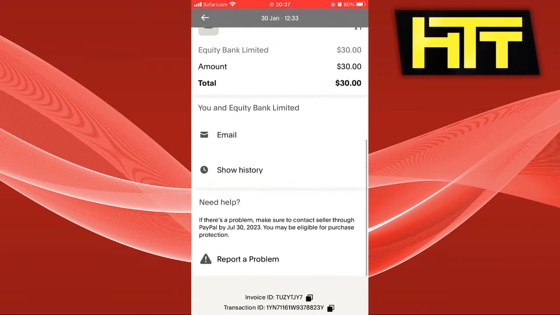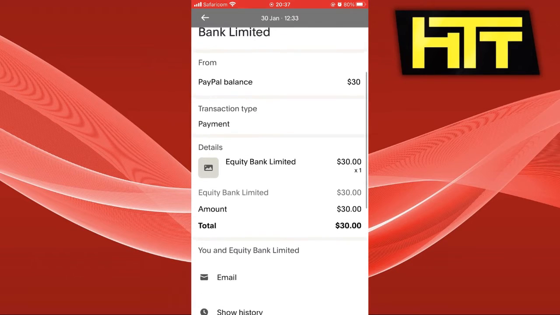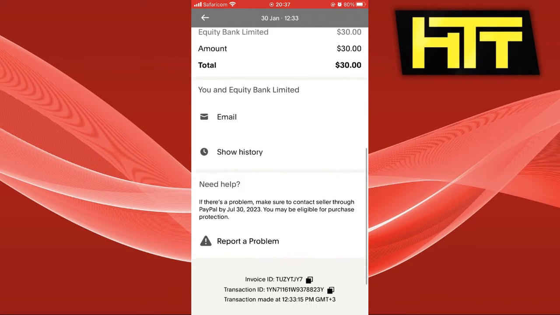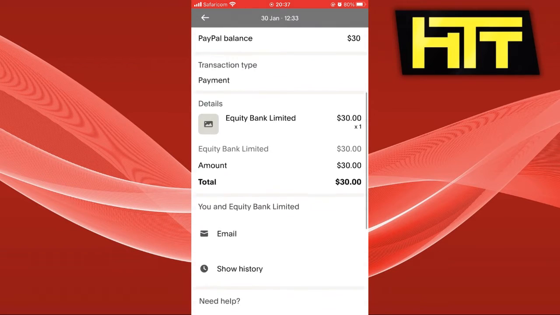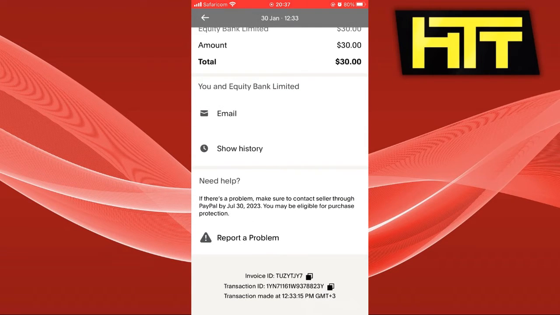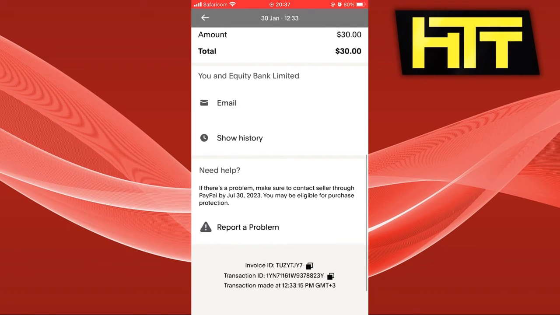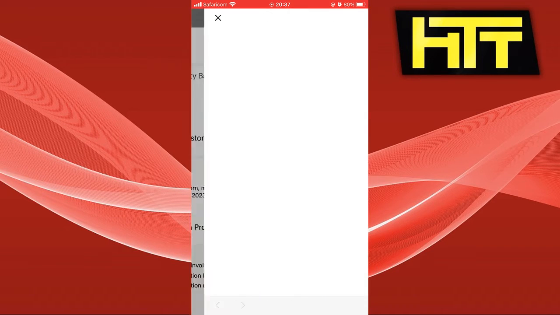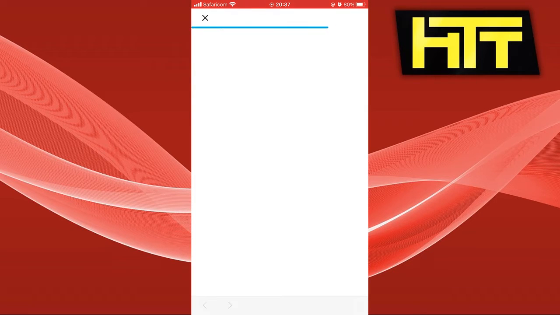who sent money. So for example, I have this one here, and you want to scroll down to report a problem. If you are dealing as buyer and seller, you would have the option of requesting a refund, but we do not have that because we are not dealing as buyer and seller. This was just a simple transaction. So what you want to do is click on report a problem, and it will take us to the resolution